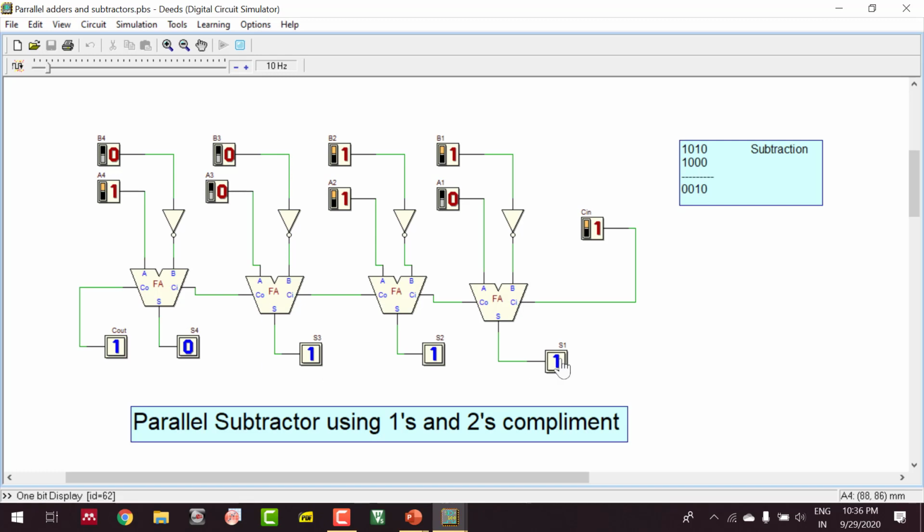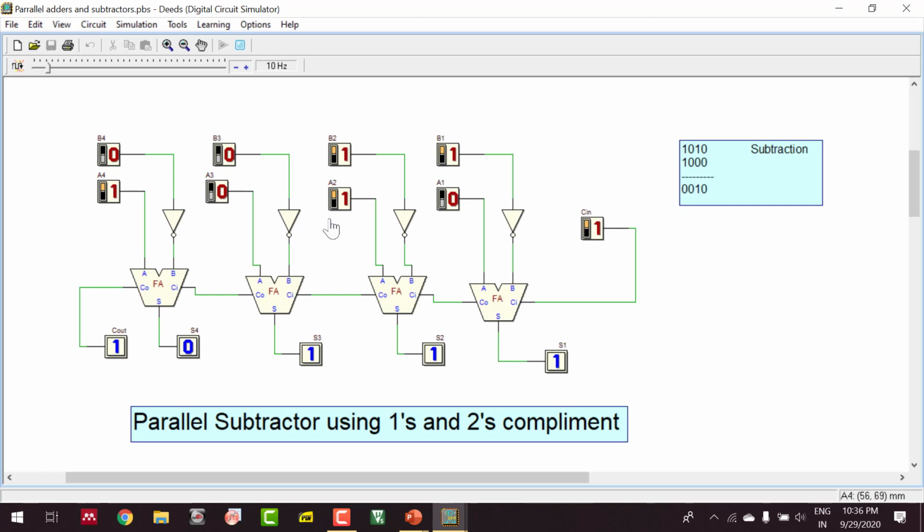Okay. So if I want to check whether it is working as 1's and 2's complement, just change the C in. The moment I change C in to 0, now your circuit is working as 1's complement arithmetic. Now you are supposed to add this carry to the LSB of the result. That means you are going to get 111. If I make it 1, it automatically does the 2's complement. So whatever answer you get is your final answer, and you can ignore the carry. Since it is 0, that means your result is a positive number.